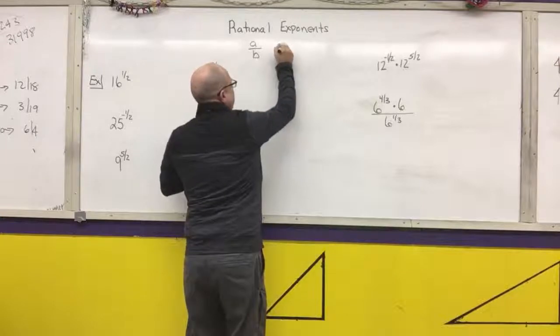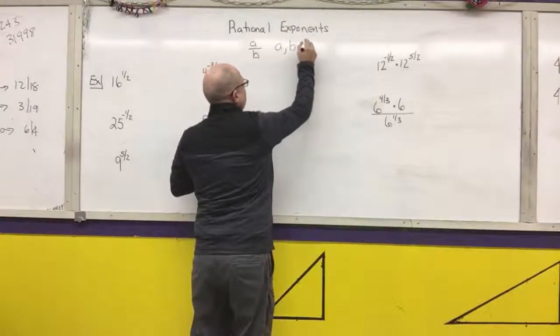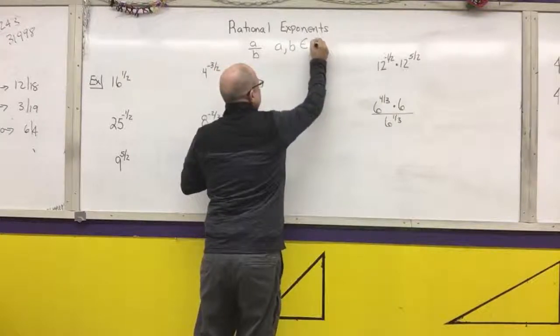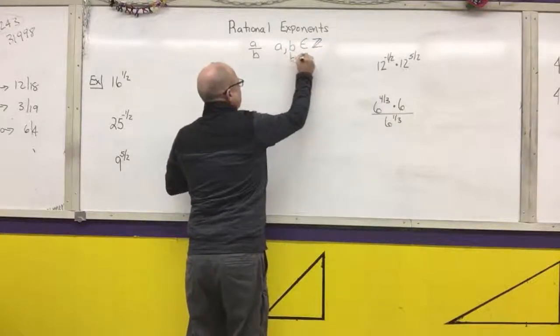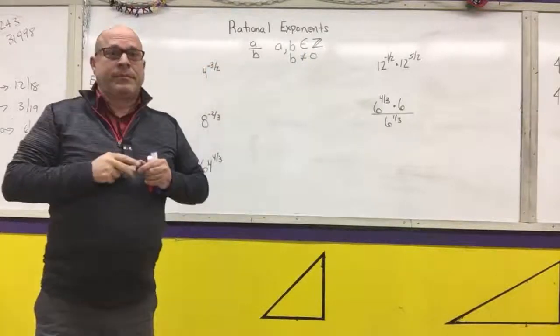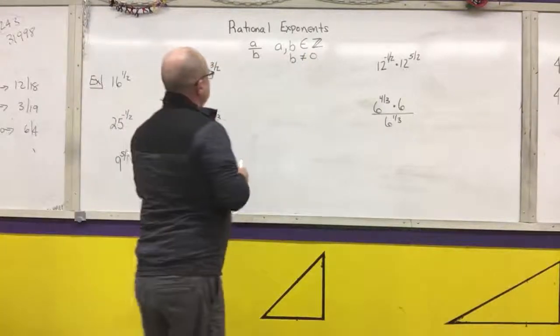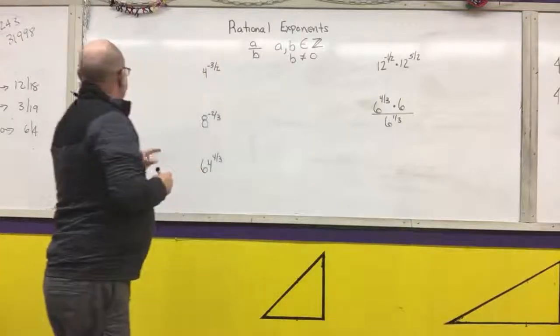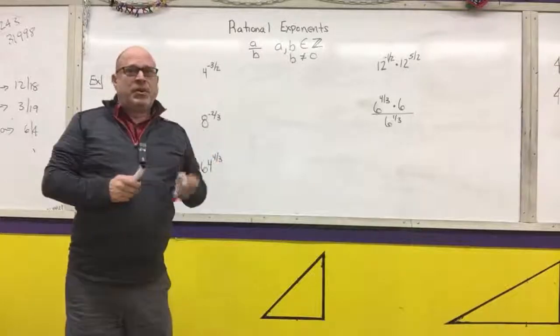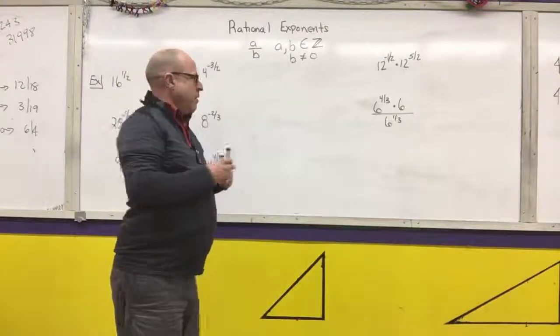a over b, where both a and b are integers and b is not equal to 0. Okay? And in this case, what we're going to do is we're going to figure out how this rational exponent comes into play. Okay? So let's